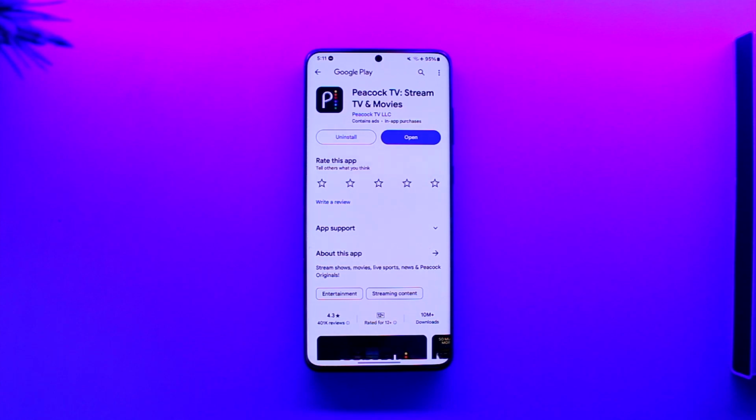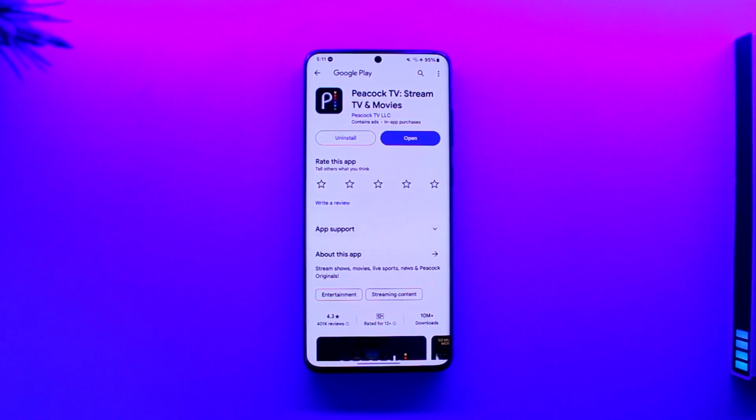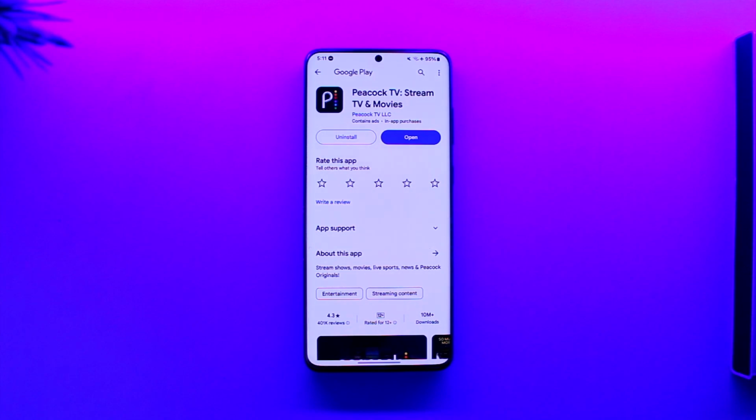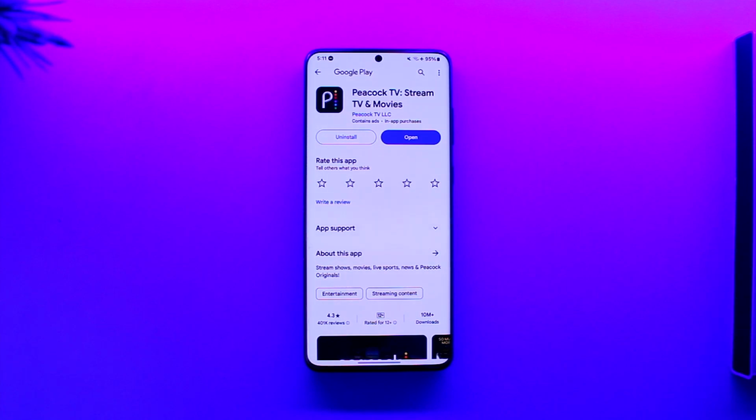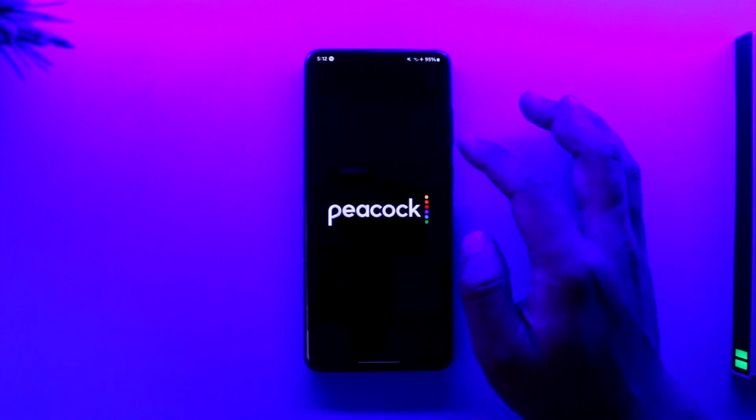In this video I'm going to guide you through the steps on how you can log into PeacockTV.com, so make sure to watch the video till the end. In order to log into PeacockTV.com, you can actually use the Peacock TV app as well if that is what you're looking for, or you can open up your browser, and then once you've done that, you're going to see